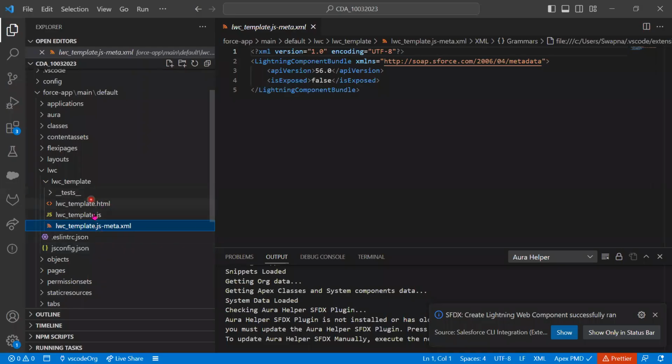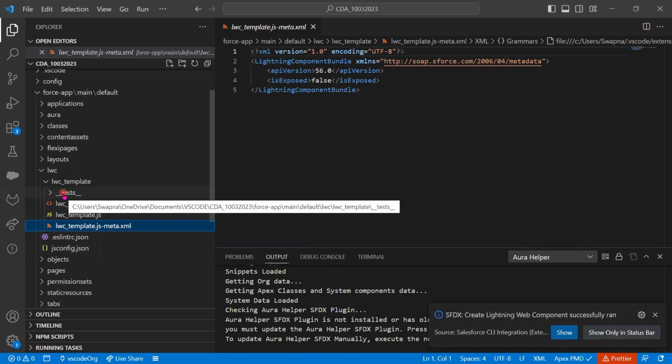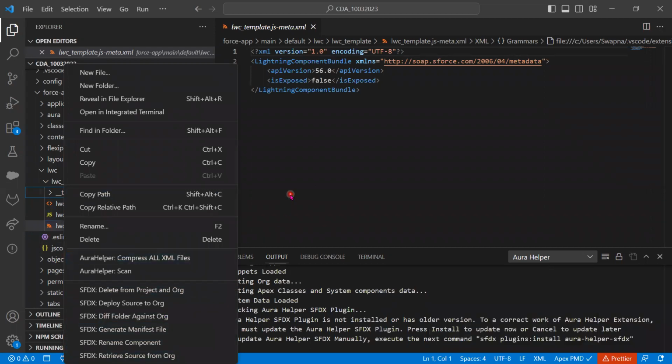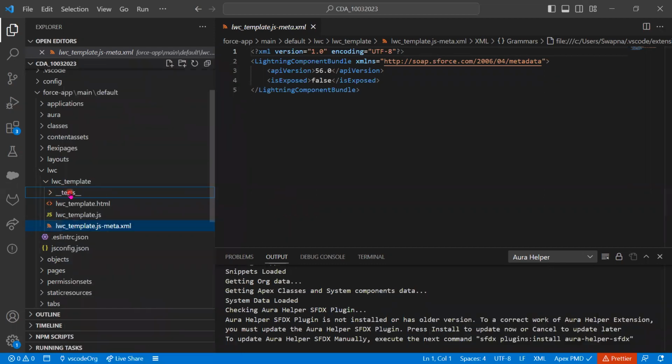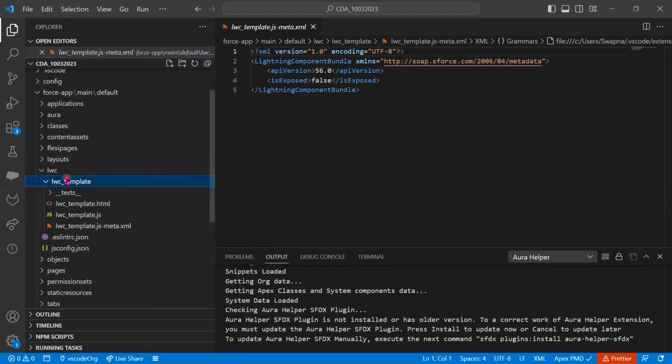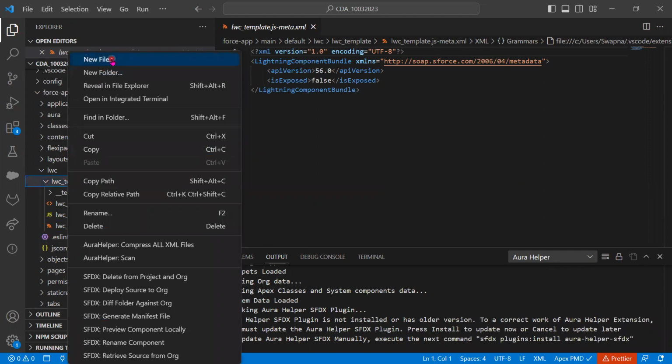You cannot see the style here, but you have an option to add a style. So what you can do is right-click on this and create your own file. We will see that. We will be creating the CSS here. So right-click on this, create a new file,